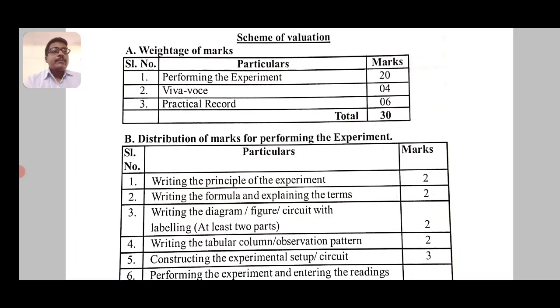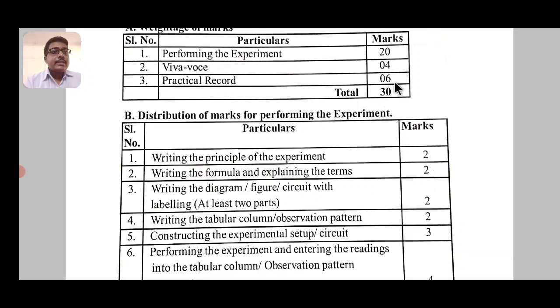So in this way, you need to practice the definitions, you need to practice the laws which are related to the experiment. The same thing can be applied to optical experiments also. For example, they may ask you the definitions of convex lens or concave lens, or convex mirrors and concave mirrors. They may ask you the different types of lenses or different types of mirrors. So in this way, the viva questions will be asked. Now there is no need to worry, since the viva questions will be very simple.